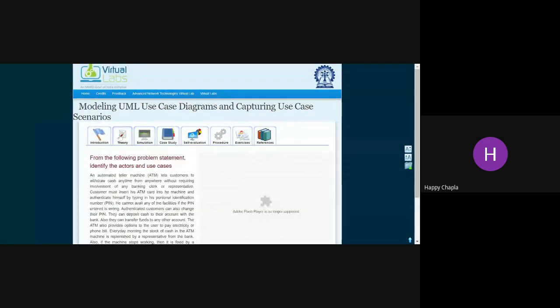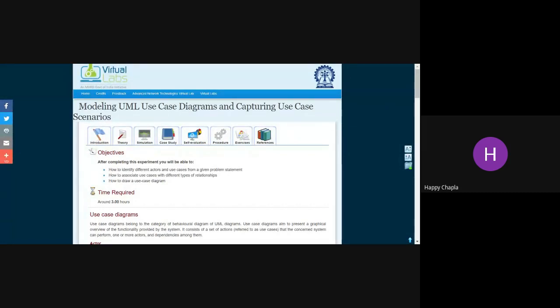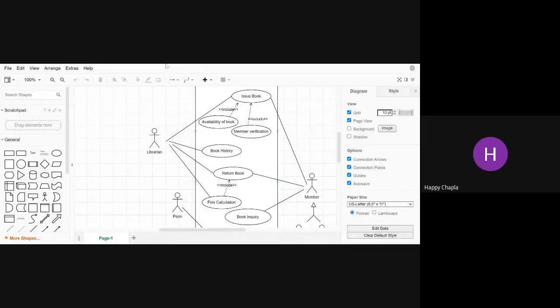Okay. So you may proceed with how to create a use case diagram. I have drawn this diagram in the last lab.